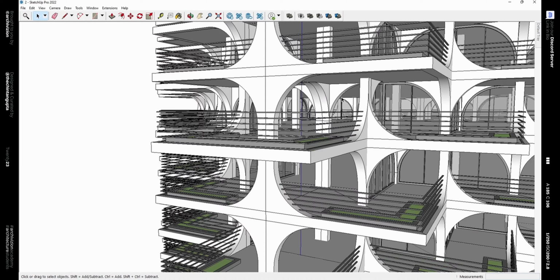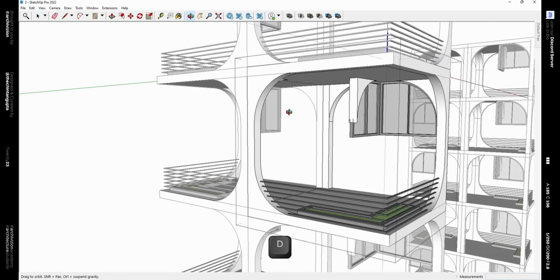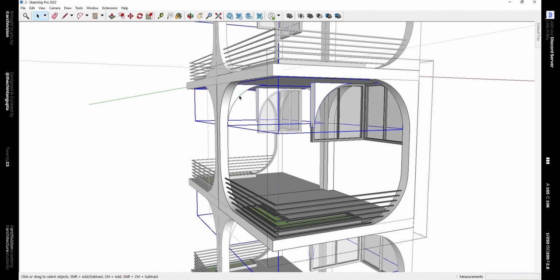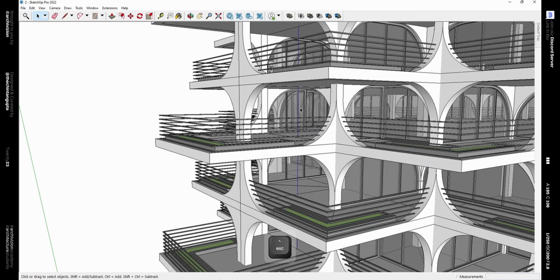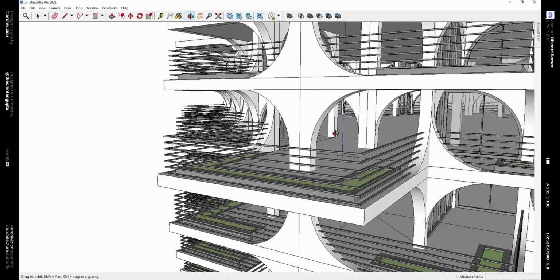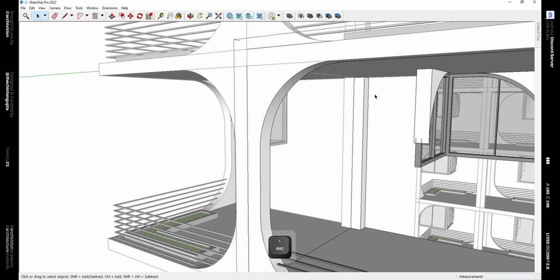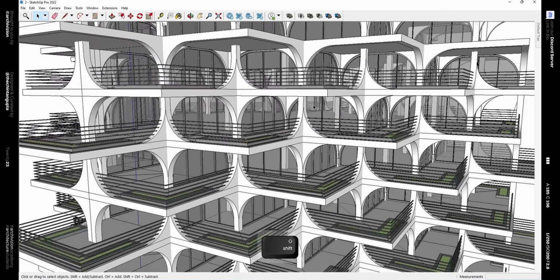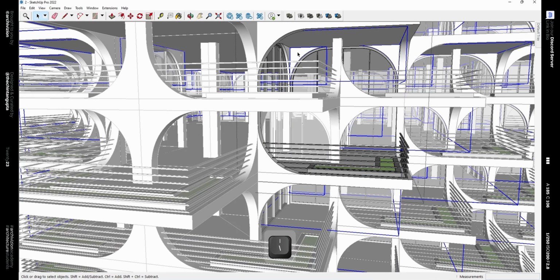Now we can delete the extra arches that are not in the correct position, so we can delete these and this one. And also these ones. Now we need to copy these arches.